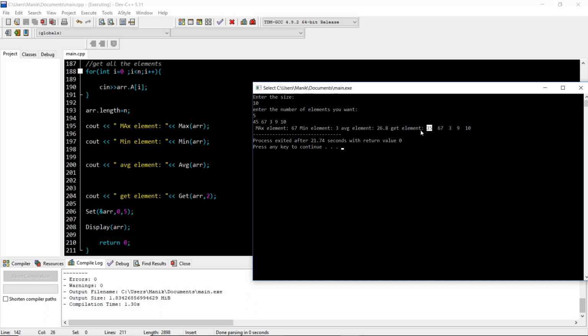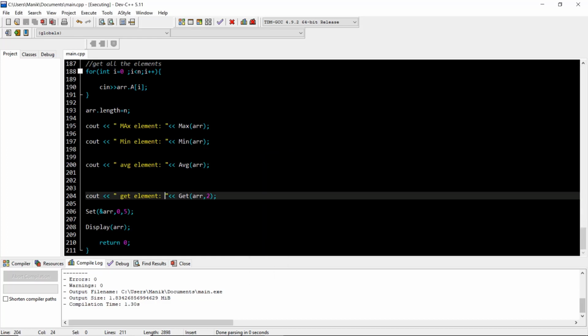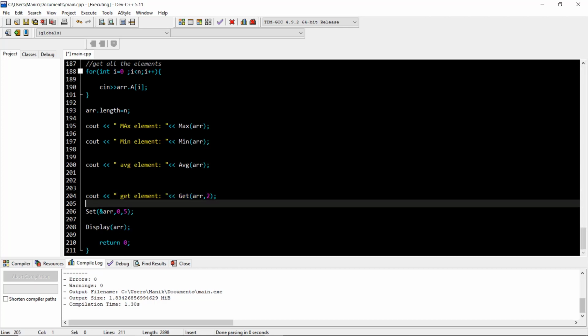Let me first see what it is doing. So get the element 3, and let me first check this thing, what it does. So get the element and, okay, it's the same thing, just put the \n so that our result should not be in an ambiguous way.